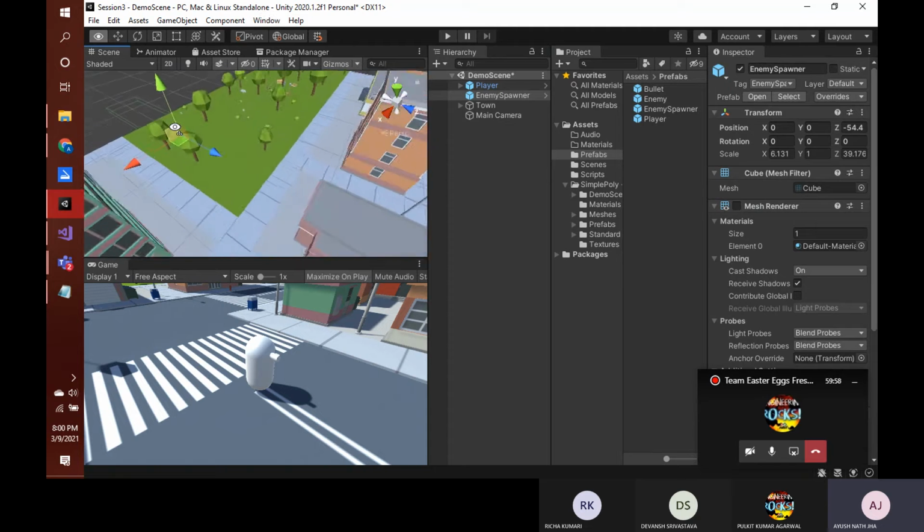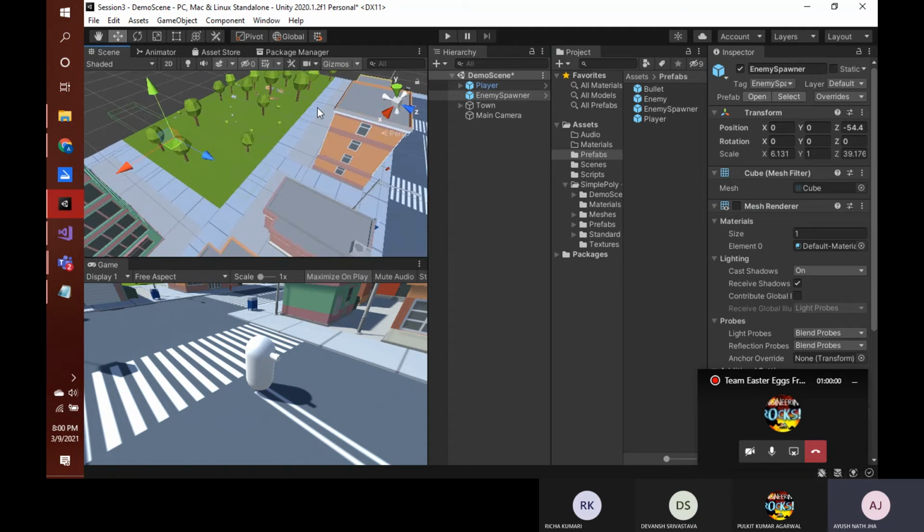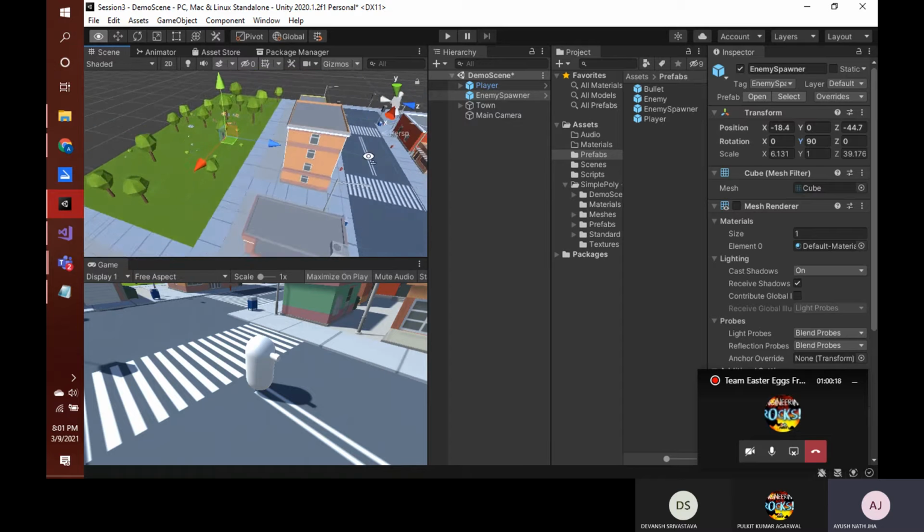So it would look odd if those enemies spawn in front of the player. So I'll just rotate it by, I guess, 90 degrees, and reposition it so that our enemies will be spawned here.